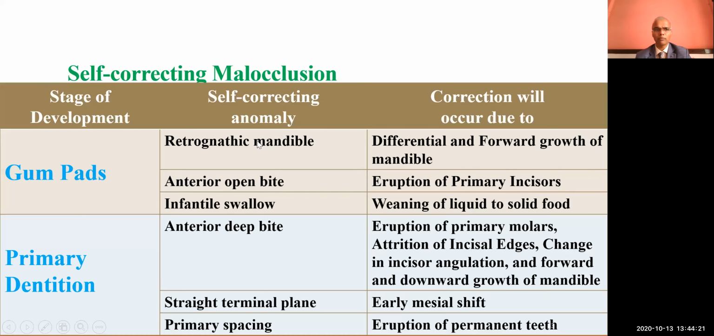There are various self-correcting malocclusions. In gum pads, a retrognathic mandible is corrected by differential and forward growth of the mandible, and an anterior open bite is corrected by eruption of primary incisors. Infantile swallow is corrected by weaning from liquid to solid foods. In primary dentition, anterior open bite is corrected by eruption of primary molars, adhesion of incisal edges, changes in incisal angulation, and forward and downward growth of the mandible, and straight terminal planes by early mesial shift. Primary spacing is corrected